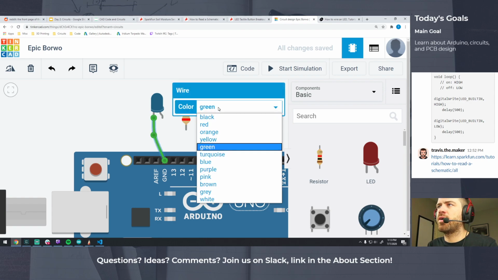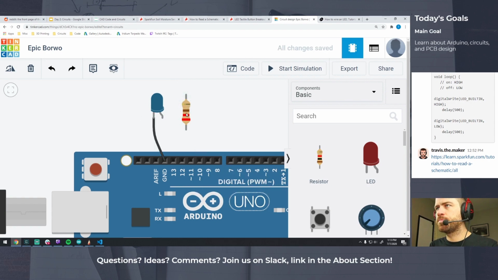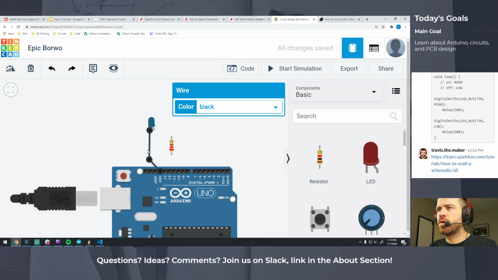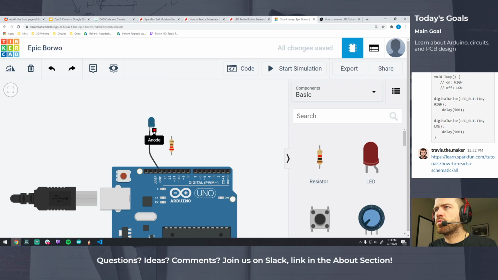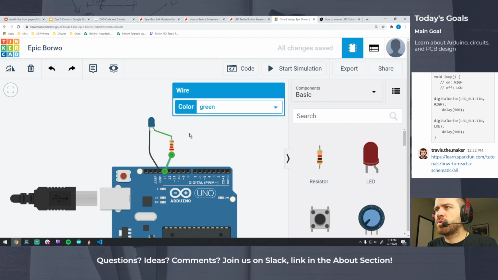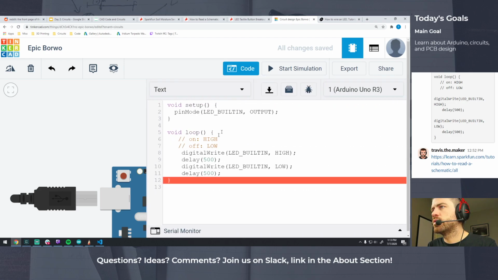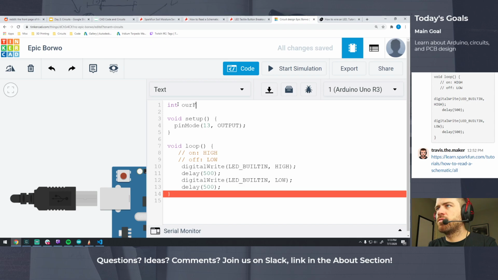And we generally do ground as black, so we'll change the wire color to black. And so we have a little bit more room. Let's move our LED up. Move that wire out of the way, and now we can draw another wire which connects this side to here. And then we'll want to connect this side to pin 13. And hopefully, if we still have our code, which turns our LED on, which is pin 13, we'll change this up a little bit, and we'll make this 13 so it's a little bit easier to read. Maybe we'll call this int firstLED, and we'll put it on 13. We'll copy that into here, here, and here, and we should